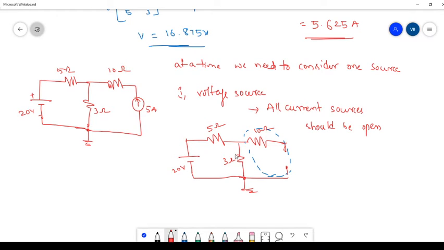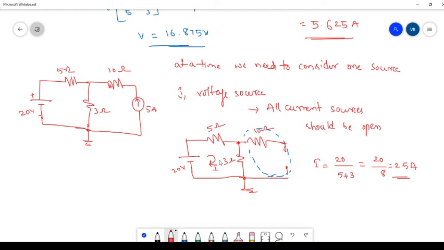So now we need to calculate what? First you calculate the current due to the 20 volts voltage source, whatever the current in this particular loop. How are we going to calculate current I here? It is actually a simple network having a voltage source with resistors. Directly V by R we can write, that is 20 by R. R is nothing but 5 plus 3. So 20 by 8, that value is 2.5 amperes. This is the total current in the network.